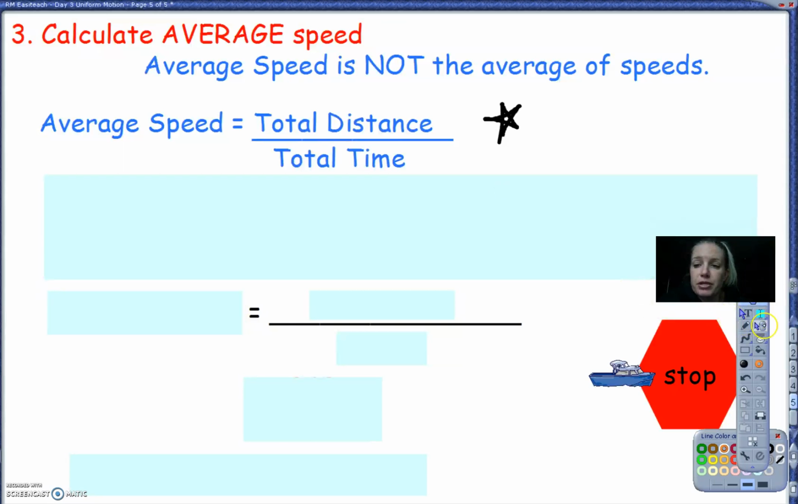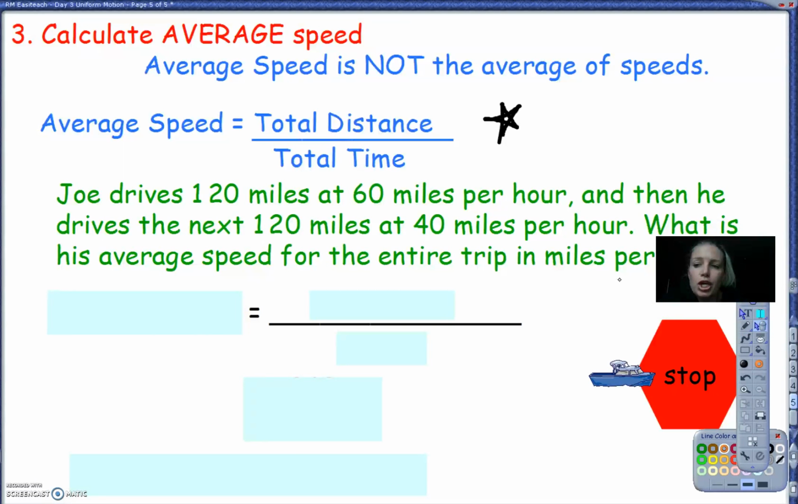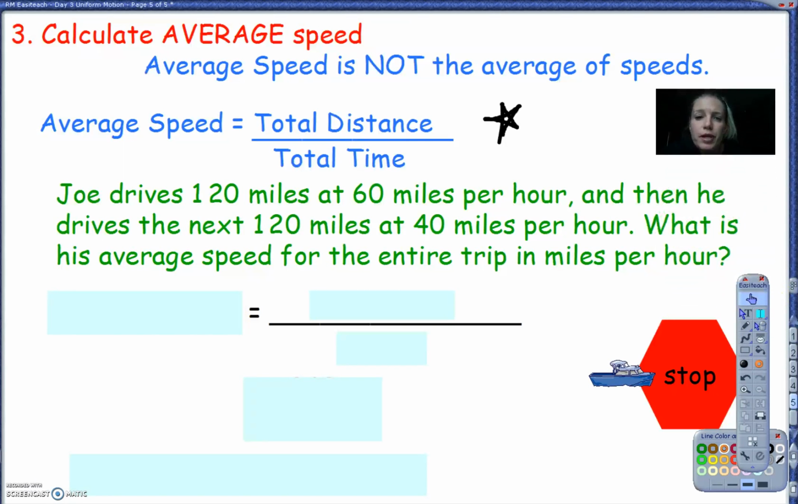Okay, so let's look at this. Joe drives 120 miles at 60 miles per hour. Then he drives the next 120 miles at 40 miles per hour. What is his average speed for the entire trip in miles per hour? Okay, so using our formula,